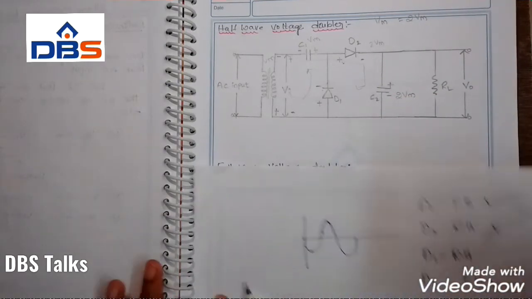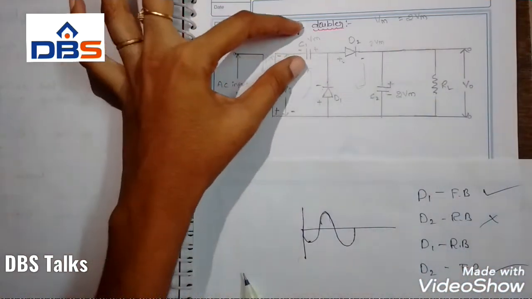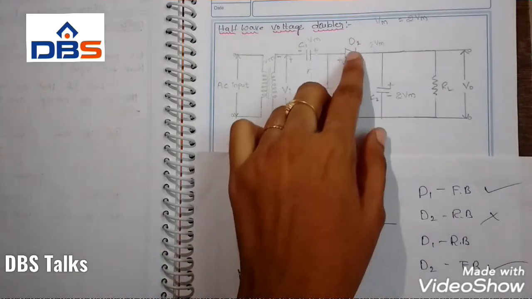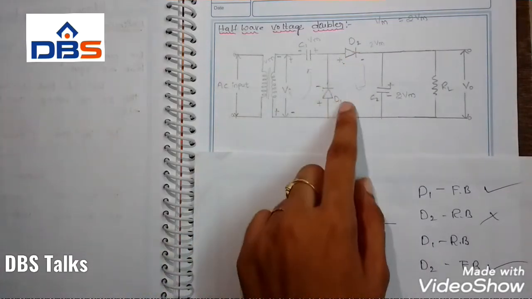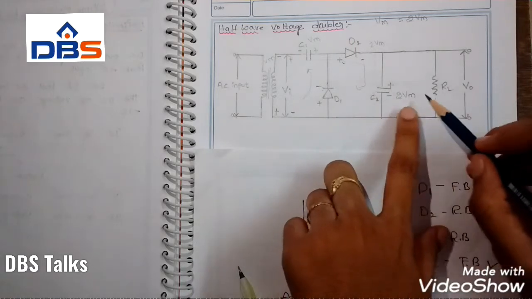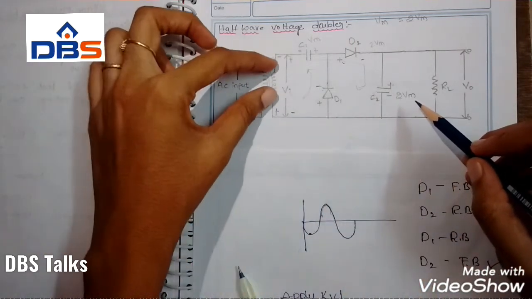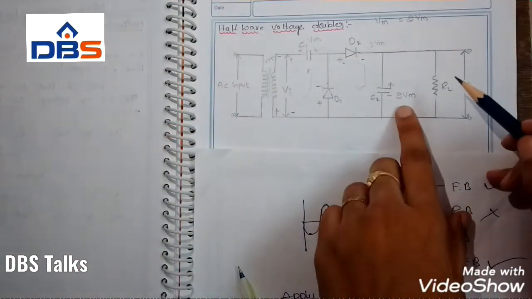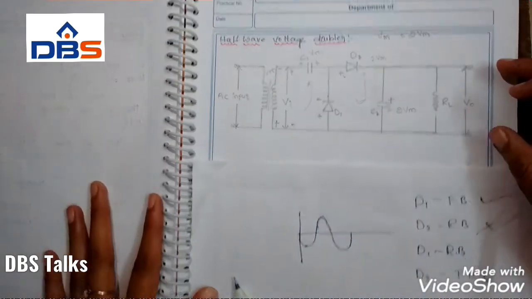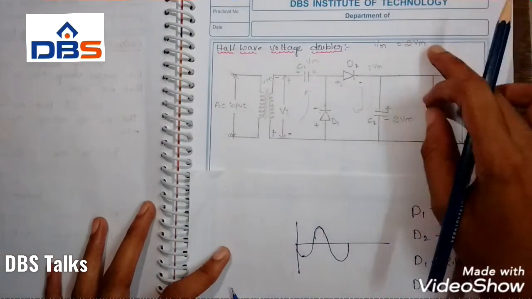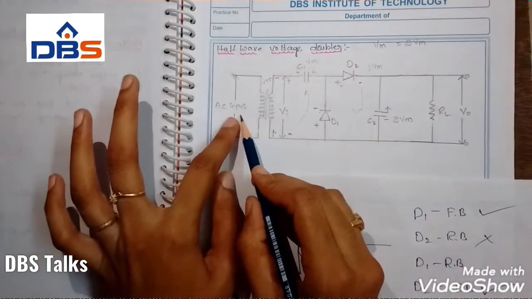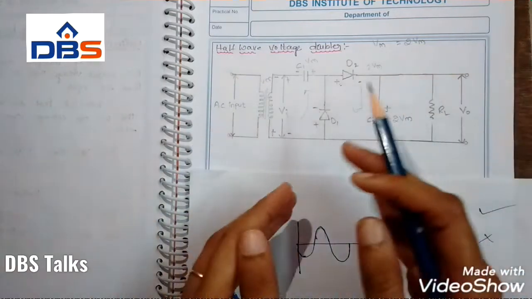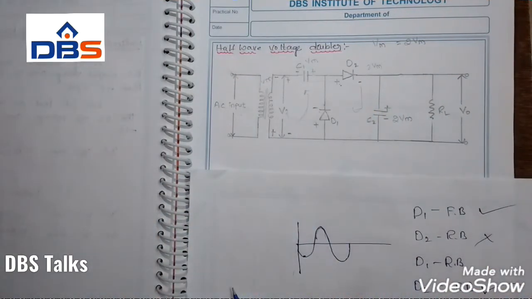Is it clear? For the first negative half cycle, capacitor C1 is charged up to Vm. For the positive half cycle, diode D2 will be in forward bias, the current flows through it, and capacitor C2 is charged up to 2Vm, because we already have an input voltage of Vm and a capacitor voltage of Vm. It will be charged up to 2Vm, then we get the output totally 2Vm. So we apply Vm and we get 2Vm. This is the half wave voltage doubler, which gives double the input.